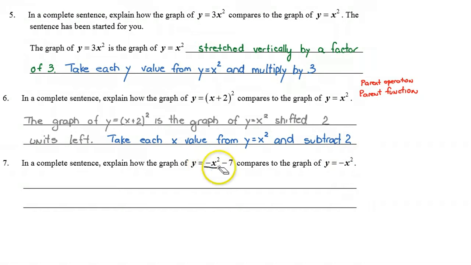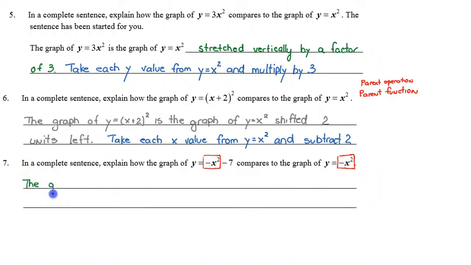So notice, let's get a red pen out here. Remember how I said in the previous question we think about it as a starting shape as our parent graph? I'm almost saying to you now the starting shape of our parent graph is y equals negative x squared. Okay, so with this question,